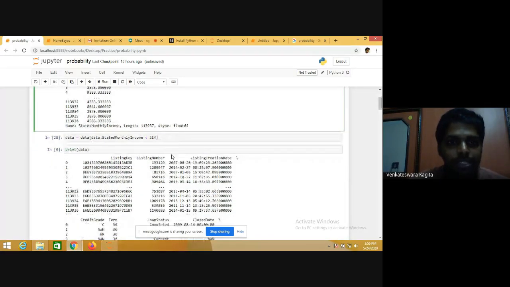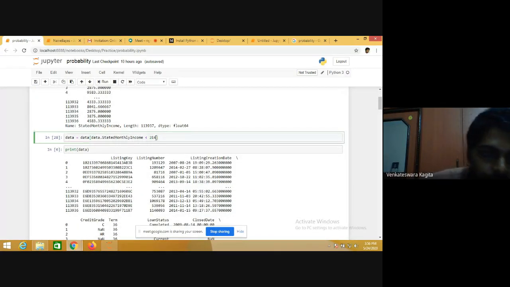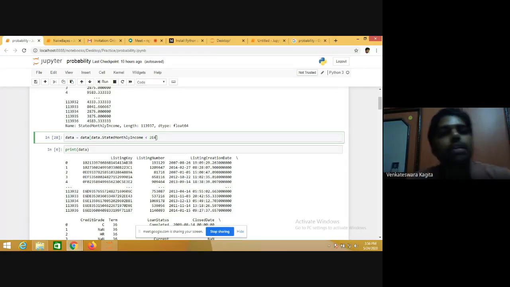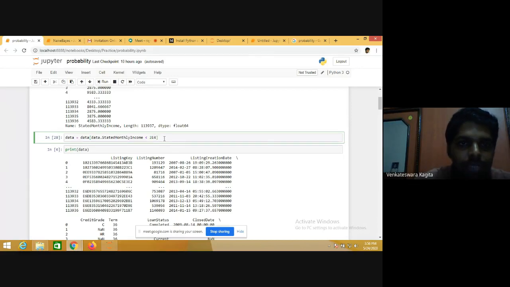So I'm just removing the records with income greater than 20,000. 2E4 is 2 times 10 power 4, so I can print it for you.